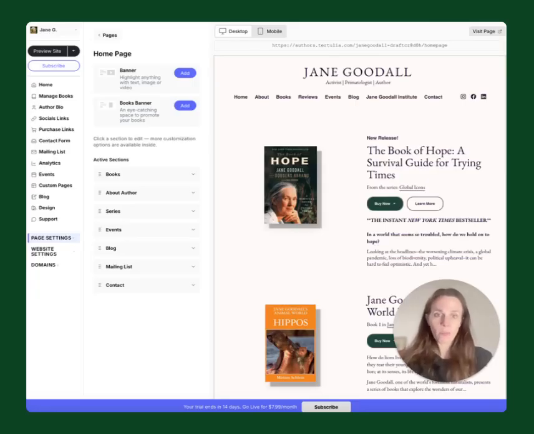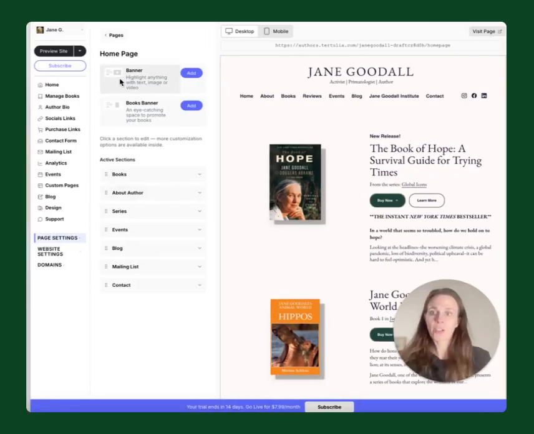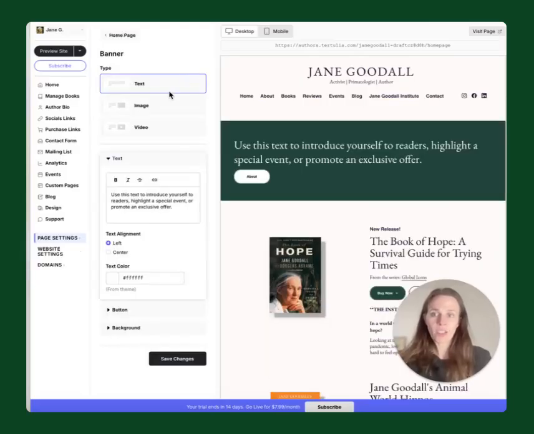For demonstration purposes, first, we're going to create a banner that honors Jane Goodall and welcomes authors to watch a YouTube video about her life. We're going to hit Add Banner at the top. Let's create a banner, in Jane Goodall's case, that honors her and welcomes authors to watch a video about her life. You're going to click on Banner at the top, and you'll see that you can add text,